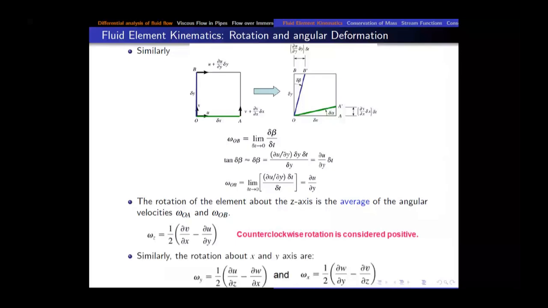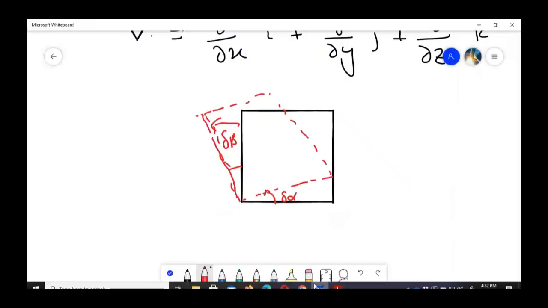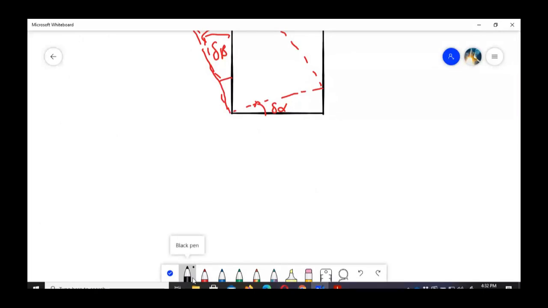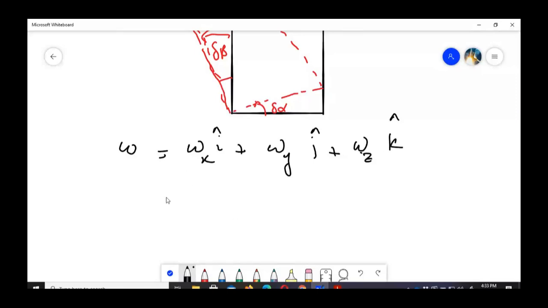इसी तरह ये हमने z डायरेक्शन के लिए निकाली थी, ठीक है, around about the z axis. इसी तरह y के लिए भी हम निकाल सकते हैं और x के लिए भी निकाल सकते हैं। अब आप देखें तो हमारे पास ωz का रिलेशन भी है, ωy का भी है और ωx का भी है। इनको अगर हमने वेक्टर फील्ड में लिखना हो, let me just complete it quickly and then we can call it a day. हम इस जो वेक्टर फील्ड है इसको हम इस तरह लिख सकते हैं, ω is equal to ωx i plus ωy j plus ωz k. इसको अगर याद रखना हो तो वो बहुत सिंपल है कि this is half curl of velocity field, ठीक है।